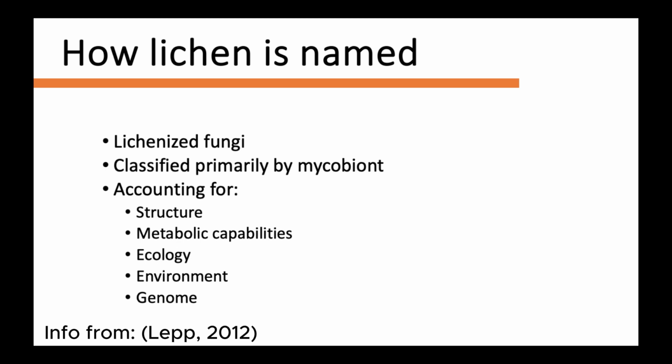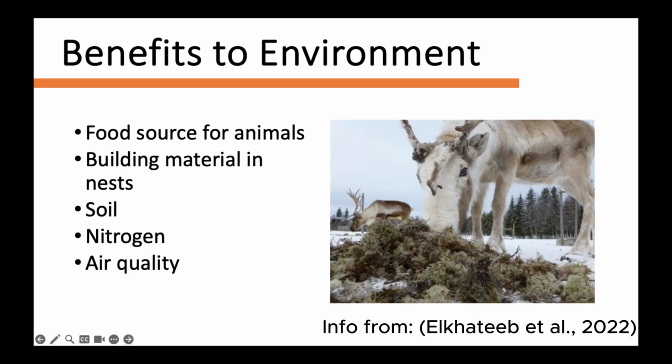Lichen are beneficial to their local environment as they provide a food source for many animals, such as reindeer, birds, and horses, as well as invertebrates such as caterpillars and slugs. They are also found in many nests, contribute to the soil health, and, as mentioned, with the help of bacteria, in some cases are a substantial contribution to nitrogen fixation. Some species are sensitive to environmental changes and can be used to indicate air quality and pollution as well.